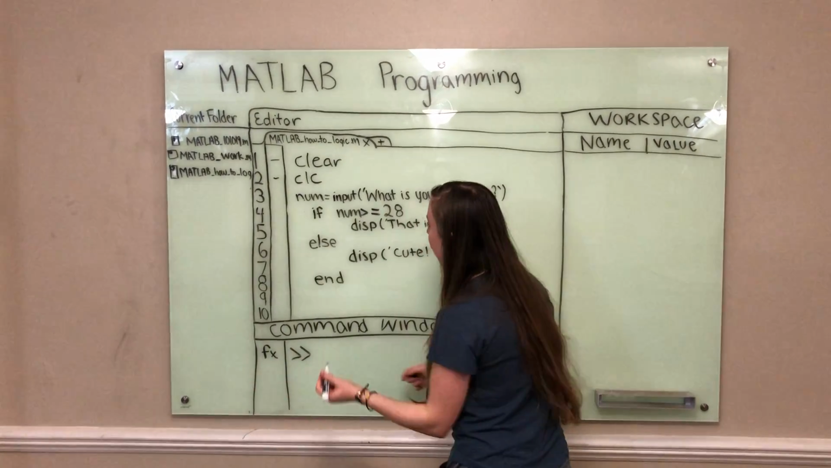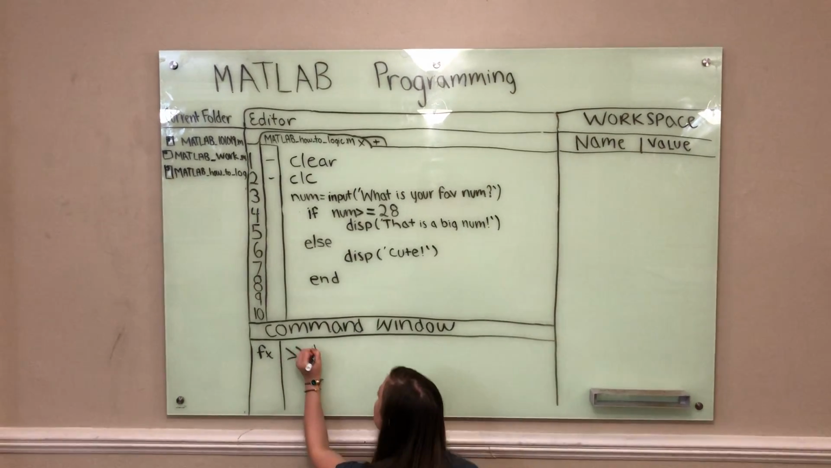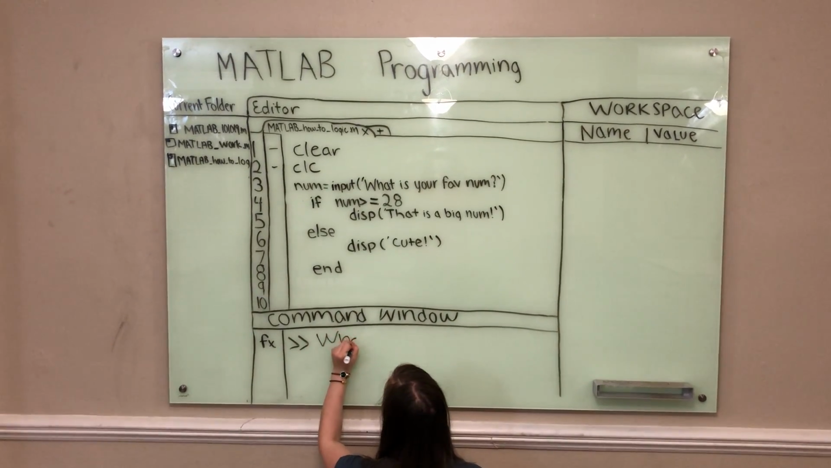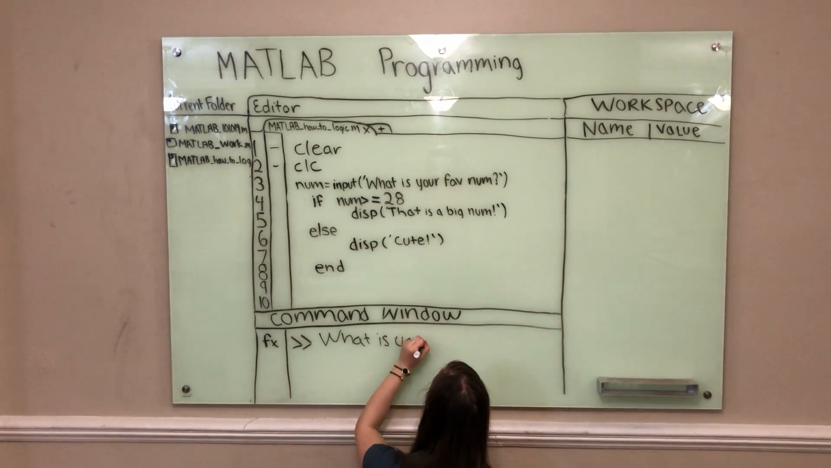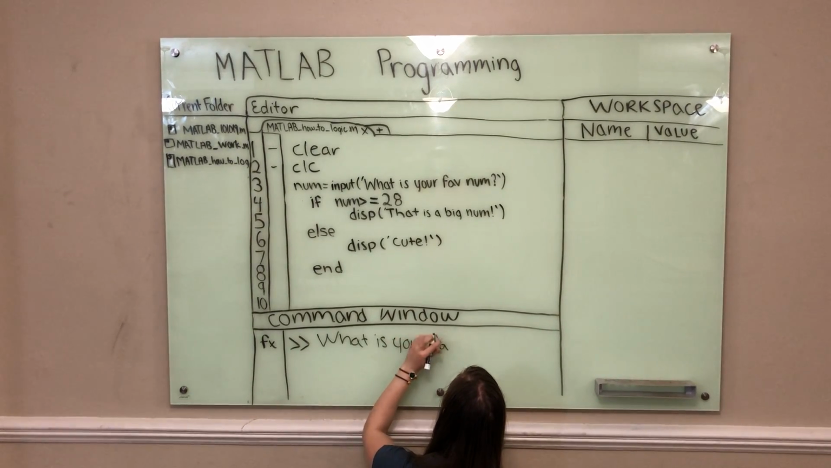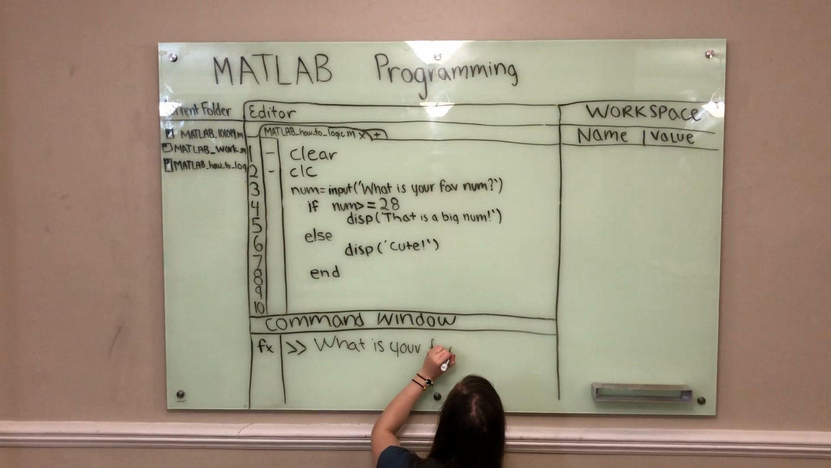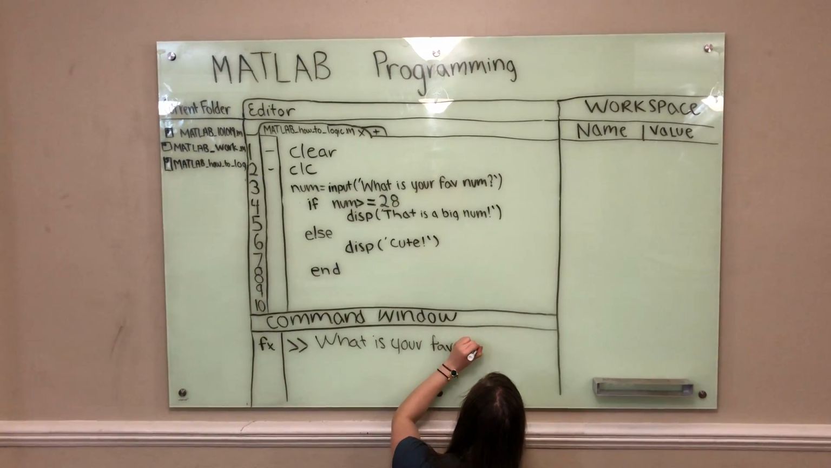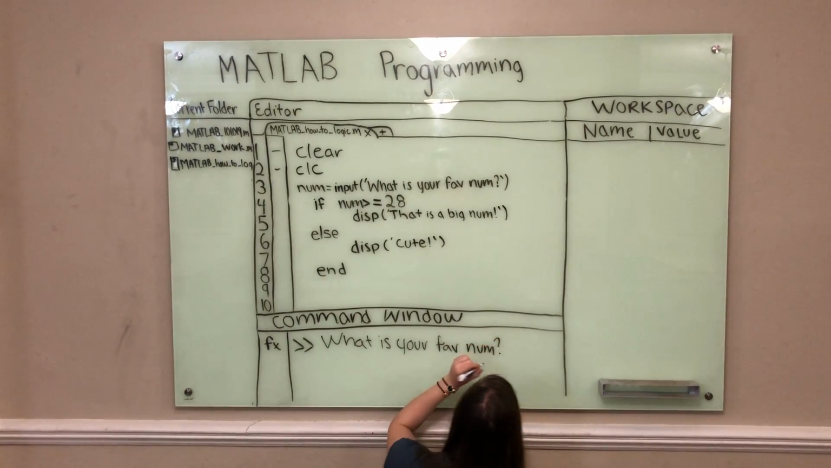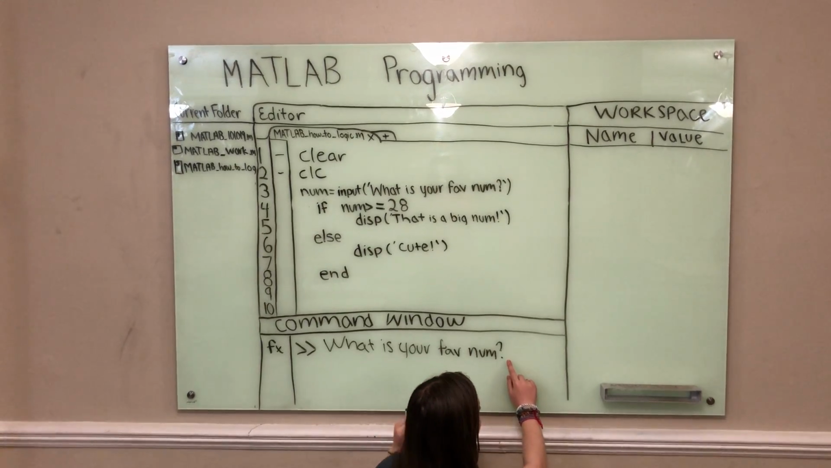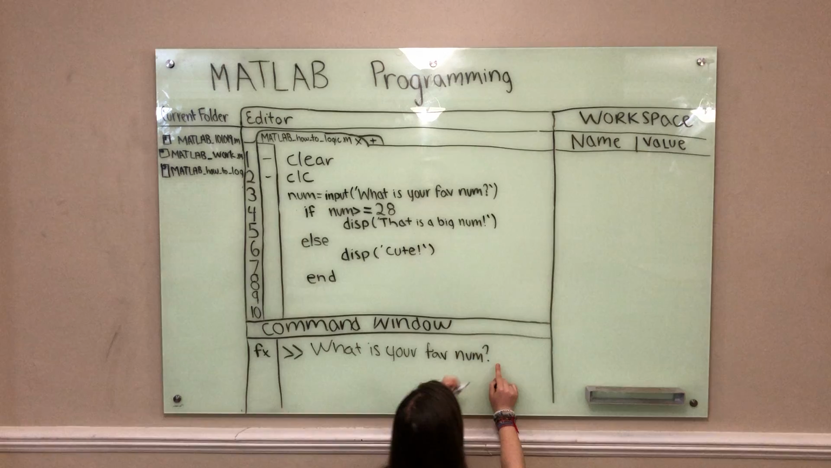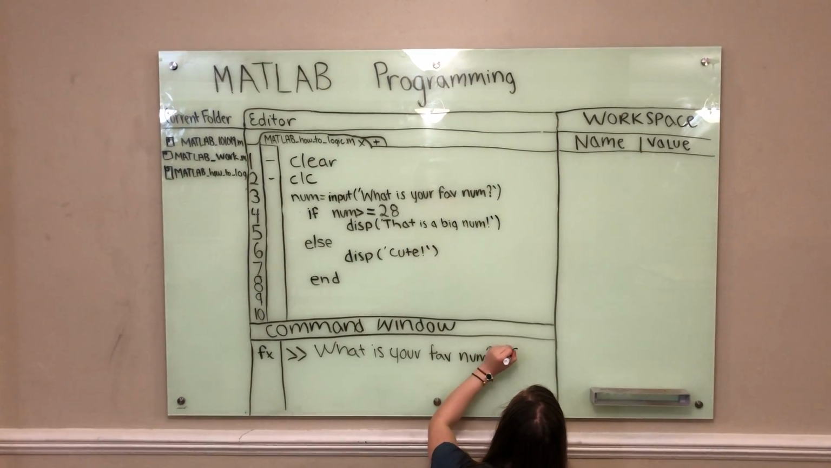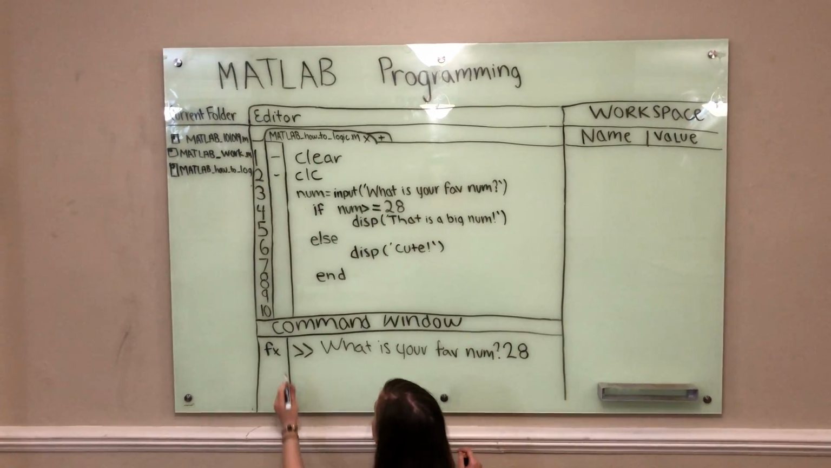So we're going to have it pop up here and it's going to say, what is your favorite number? Okay, and then it's going to have a little dot right here where you can type in your favorite number. Personally, my favorite number is 28. So I'm going to type in 28, and then this is going to run,